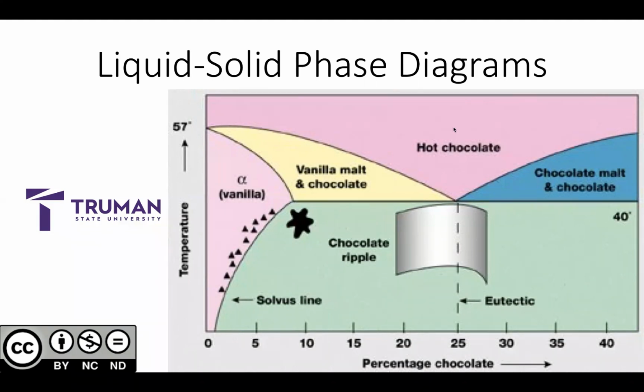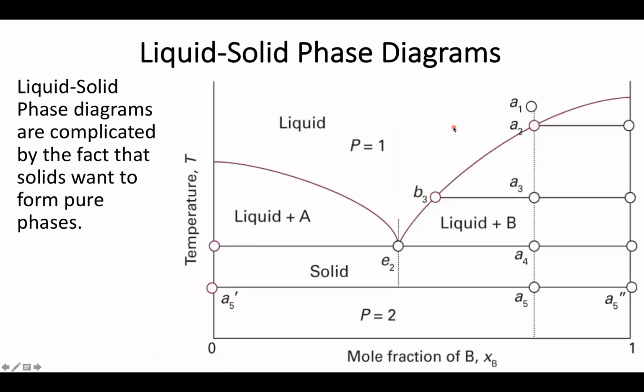But one of the things we have to worry about when we go from, say, liquid to solid phase diagrams is a tendency of liquids, by their very nature, want to be a mixture of multiple different components. Solids, however, tend to like to crystallize out as pure phases. And so what you'll find is much more the case where you're going to have a species like species B here, which is just purely solid and has no A present, and similarly, a phase of A with no